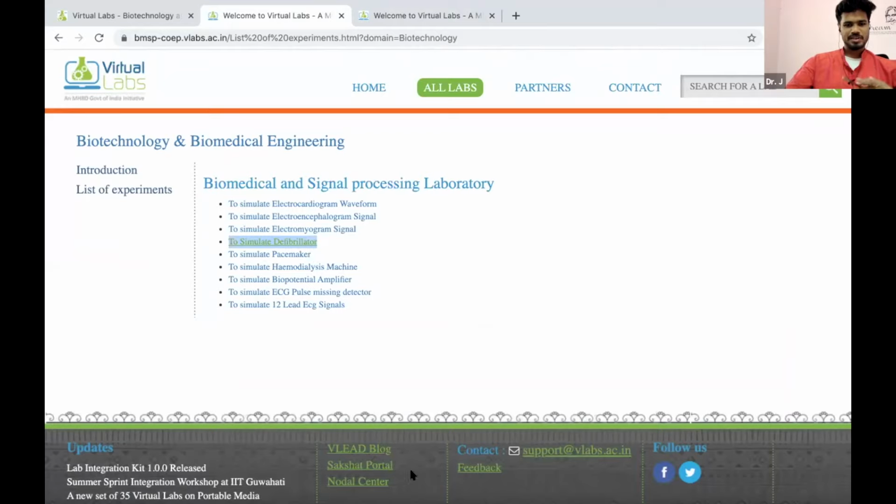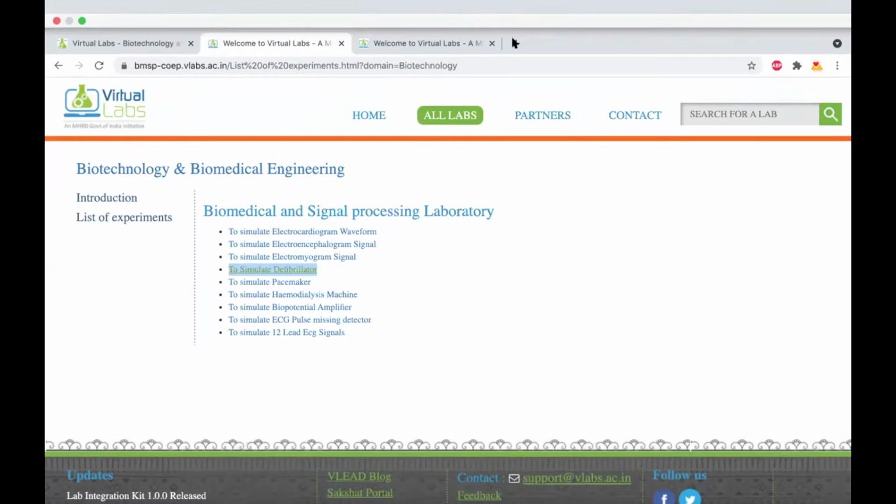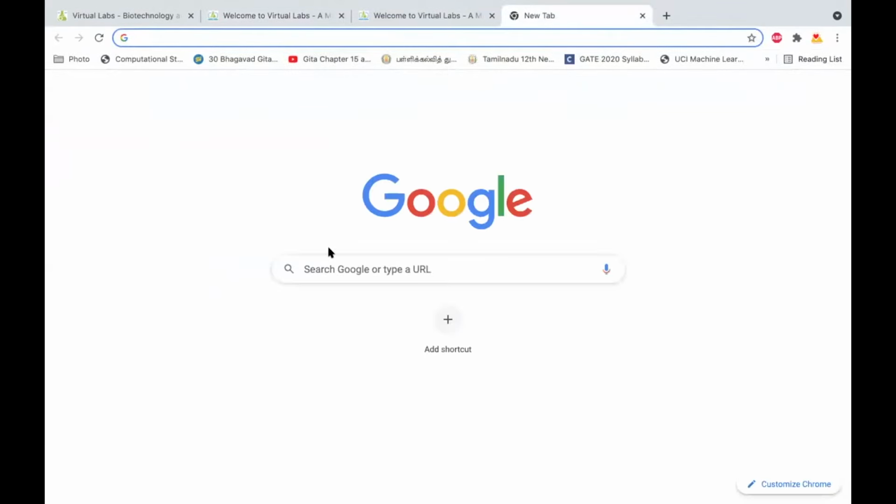What is a pacemaker? Can we quickly compare and contrast them? What is a defib? What is a pacemaker? Both of them have to do something with the electrical activity in the heart. You could use the chat, or you could also use the audio. The defibrillator is a device which gives an electric shock to the heart, sir. Due to that high energy shock, it will save the life of a person who is having cardiac arrest. This defibrillator could be used, sir.